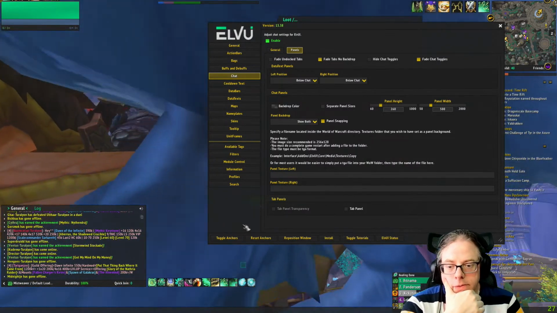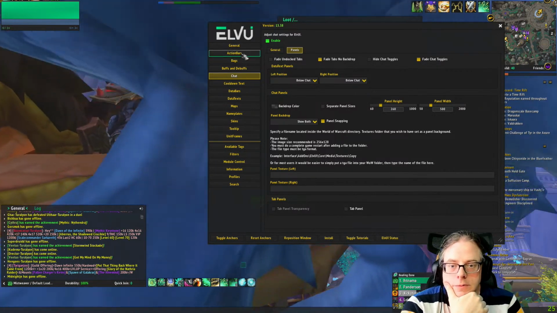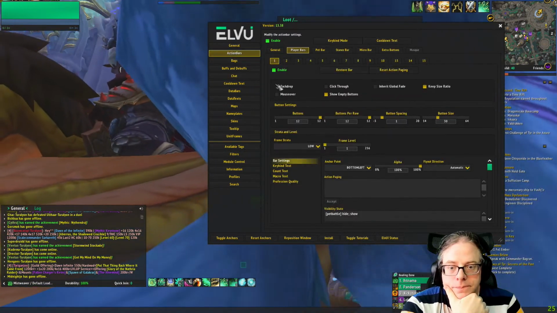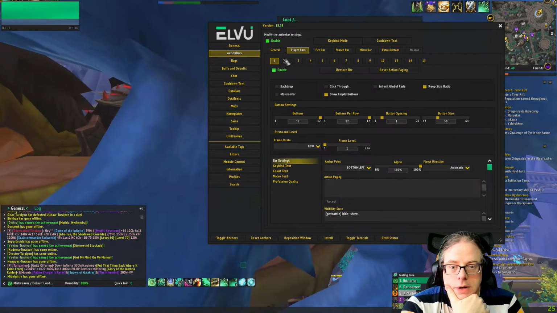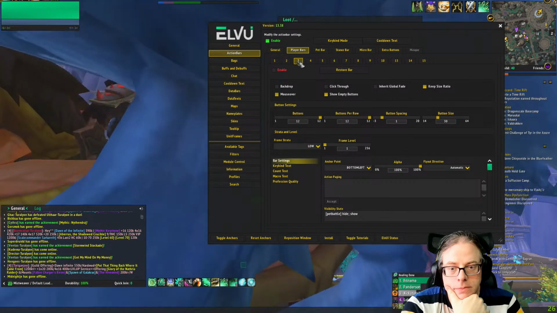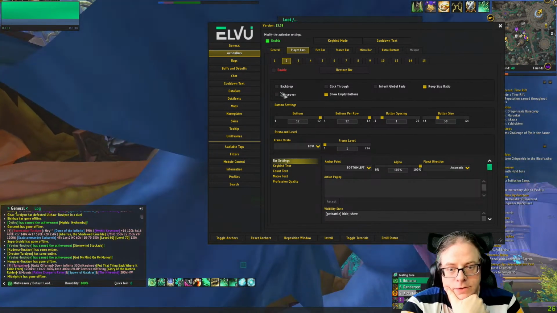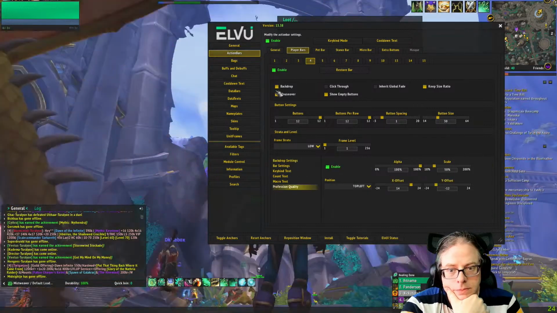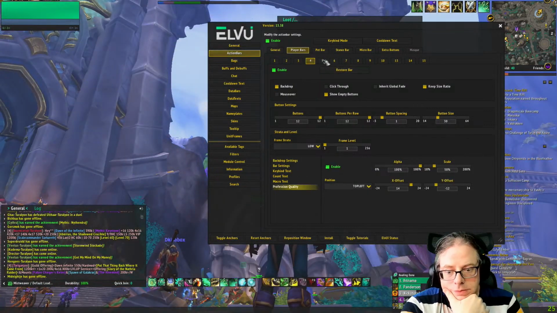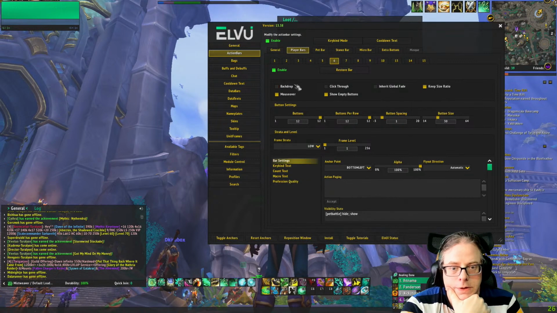But what I will do is also, for action bars, I'm going to turn off mouse over for all of them. Activation, all of the visible ones. And then I can actually take